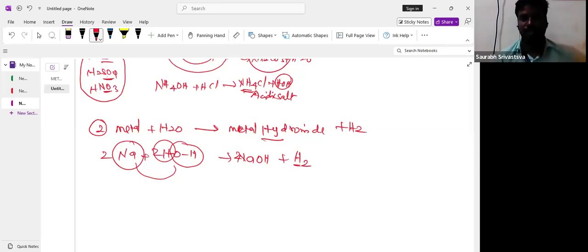So generally you should remember, when a metal reacts with water, it should give metal hydroxide plus hydrogen gas. This is the second one. And the next, the third one,